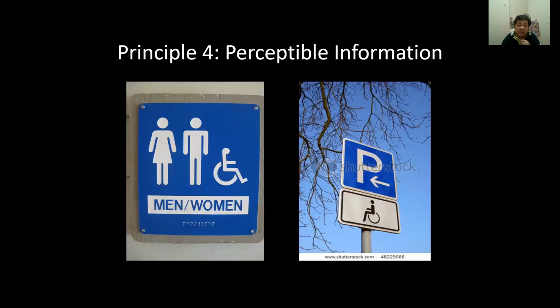As in this one on the left, this sign shows men, women, and people. Well, it's a wrong use of the international access symbol, but it says it's including persons with disabilities among the people who are using this facility, with braille, tactile, and embossed in it. So it's not complicated. It's not wordy. It's using pictograms, such as the one on the right as well, to find your way to the parking, to the accessible parking lot.